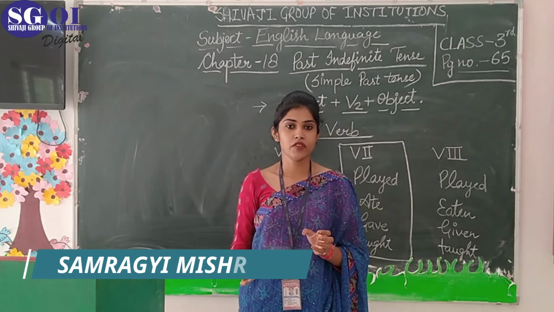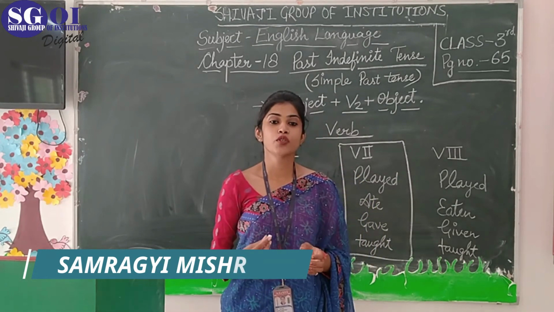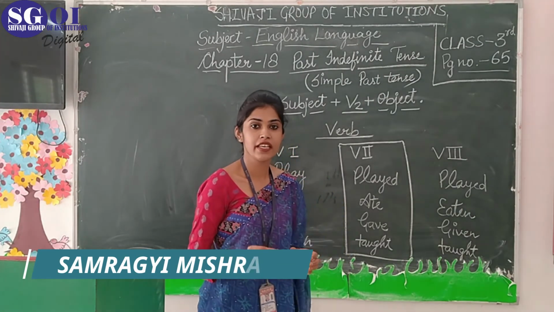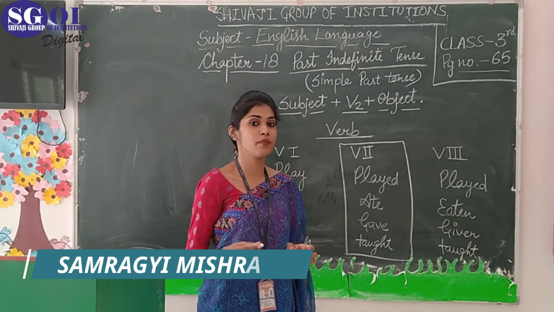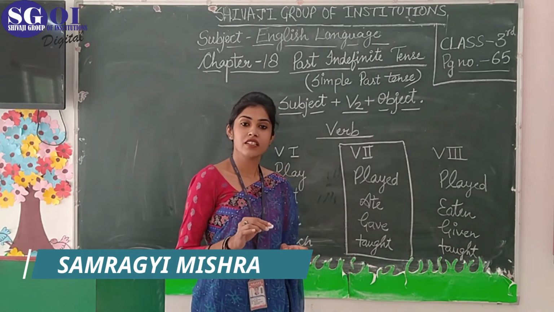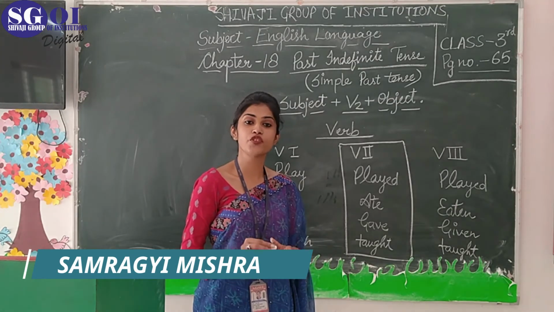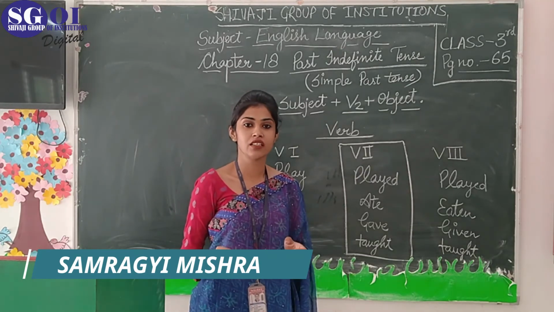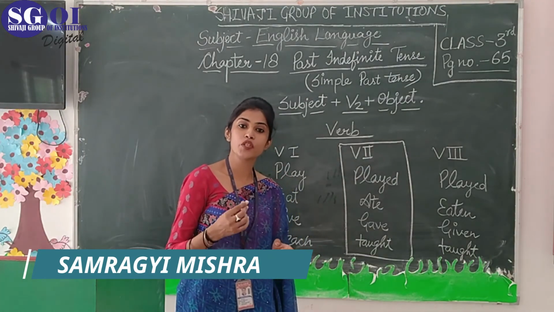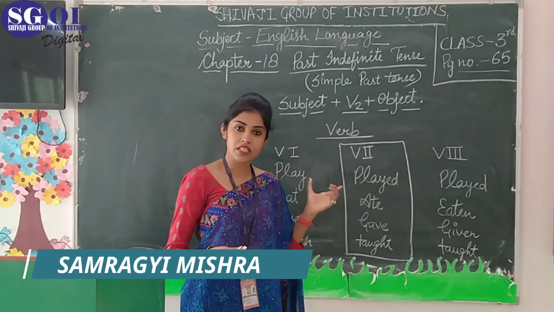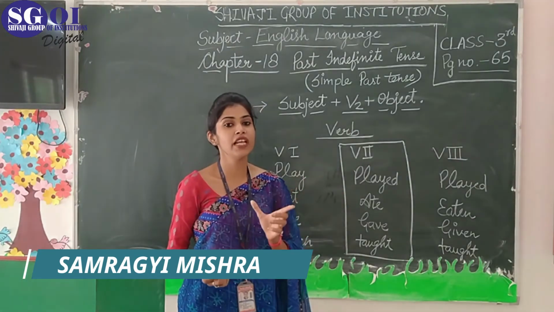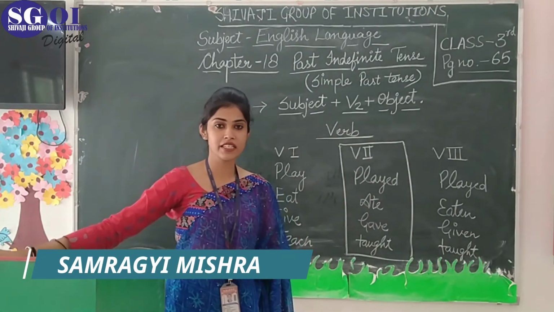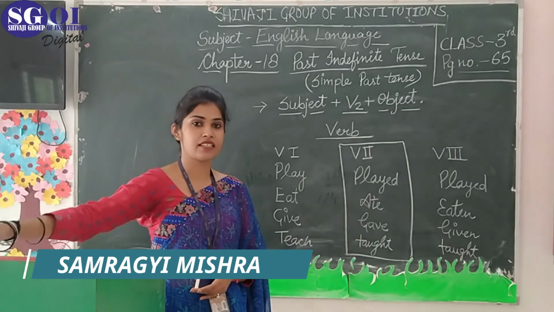The main thing which is there in the sentence, about whom the sentence is explained. Okay, who is the main character? We can say character if that is a man or woman. We can say the character or the object. Object here means the thing. About which thing or about which person the sentence is formed, that main lead is called subject. So let's form a sentence in past indefinite tense.